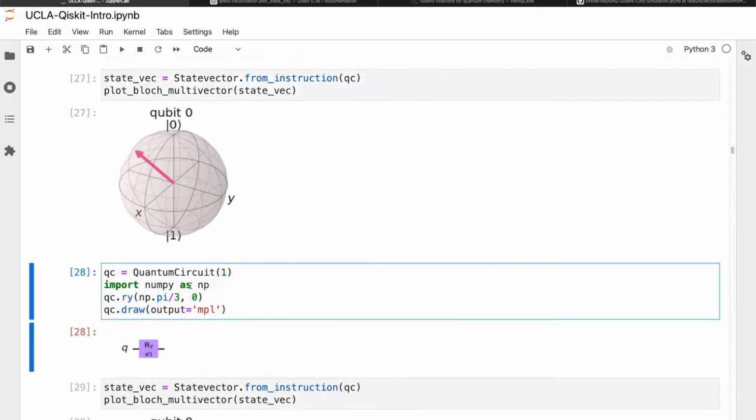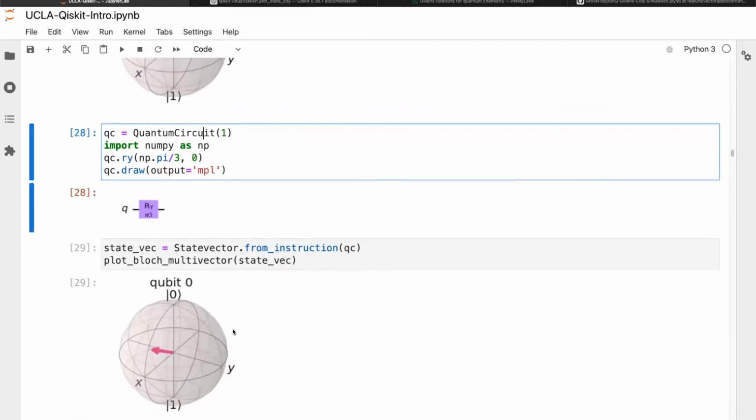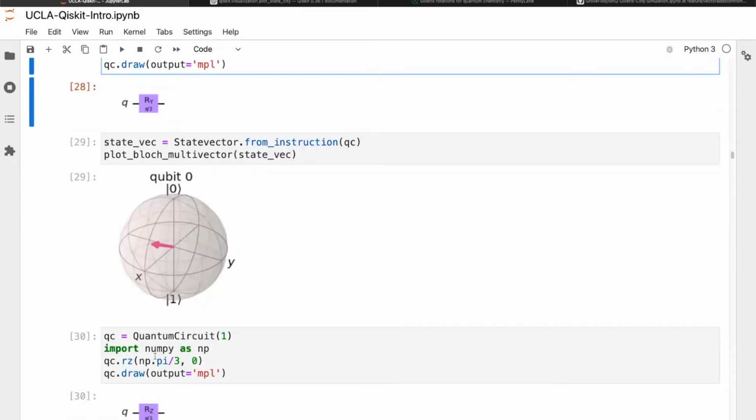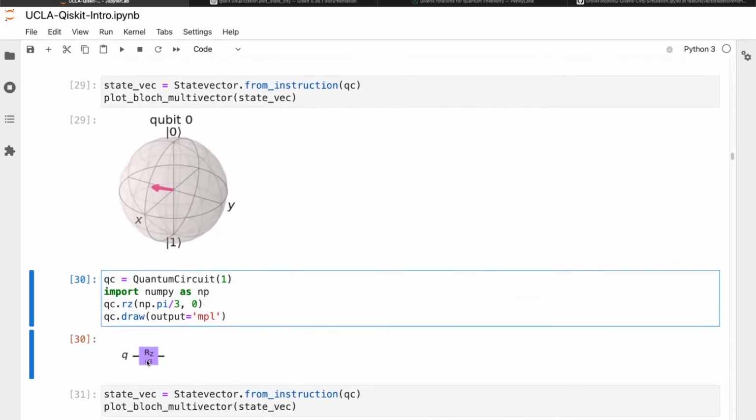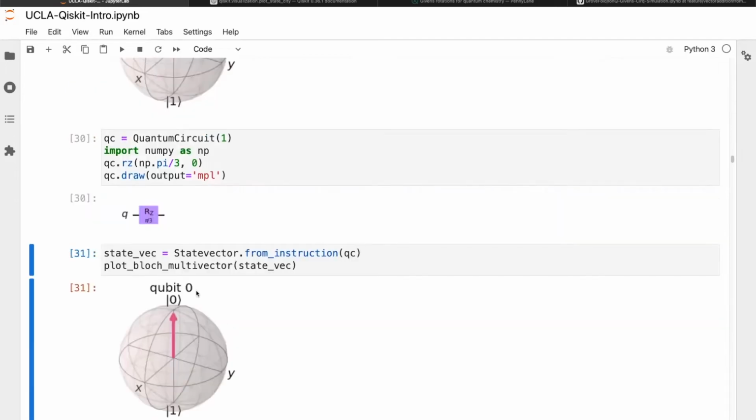Likewise, not just for Rx, we also have Ry for the Y gate, which is rotation about the Y axis. And we also have Rz, which is rotation about the Z axis. You could tell that nothing happens here because if you're already in the Z basis state, it just adds a global phase, and it's nothing you can really visualize. If you wanted to see something on Z, you could apply maybe Rx or Ry to get it off the vertical axis, and then you'd be able to see a rotation about the Z axis. But Rx, Ry, and Rz come up all the time in VQE, and you may find them useful for your own